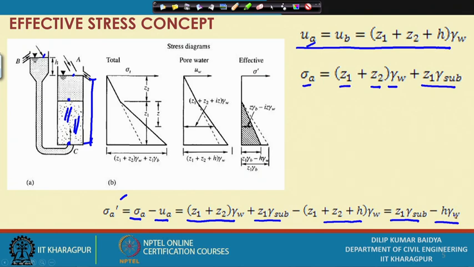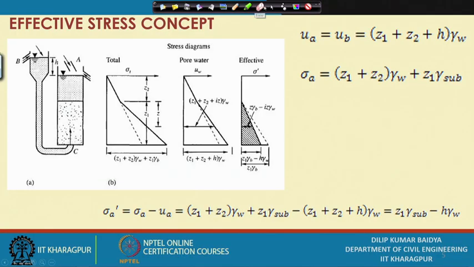So, you can see that when flow was taking place from upward to downward direction, we got one extra term compared to the static one, H gamma W, which was plus. Now, when flow is taking place from bottom to upward, it also gives an additional term equal to H gamma W. That means when flow takes place from bottom to upward direction, effective stress is decreasing, and this decrease can again be generalized with respect to hydraulic gradient.